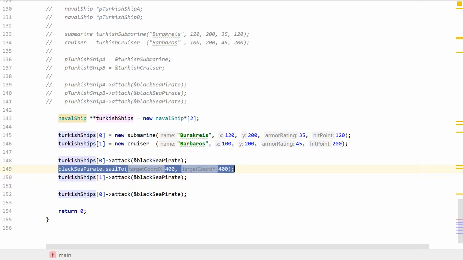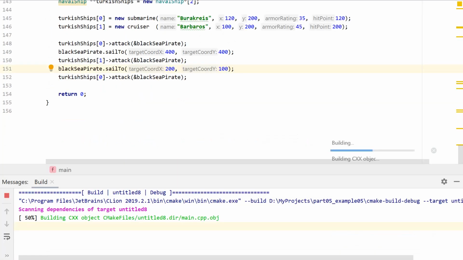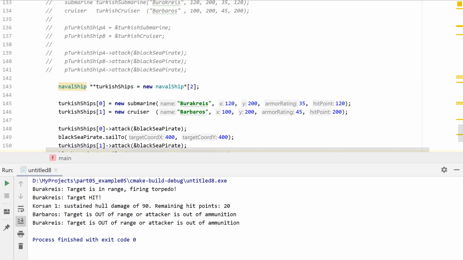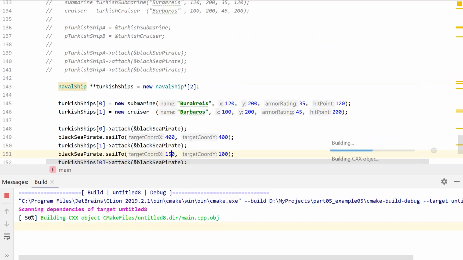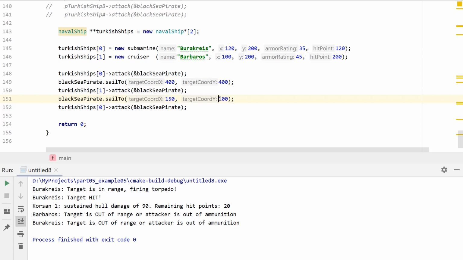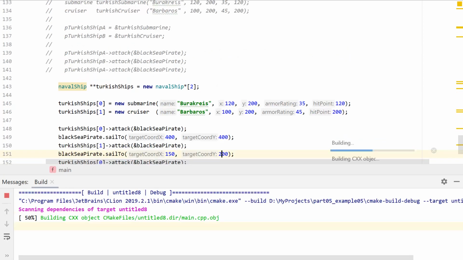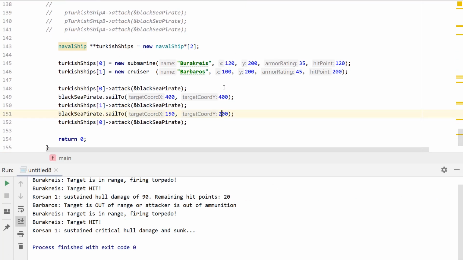And maybe if I go back here, let's check if this is in range. Still not in range. How about this? Not in range. Okay, this is now in range. So it's like the cruiser attacked it, then it got away. Then the